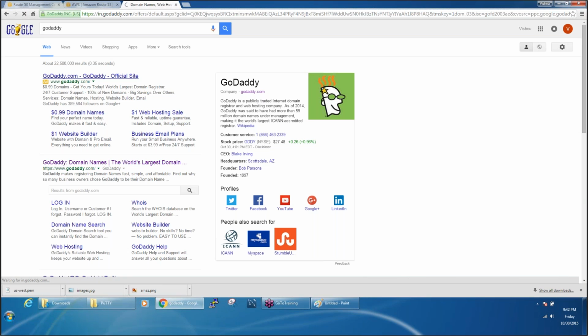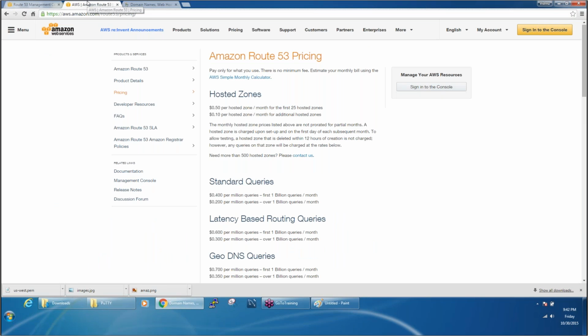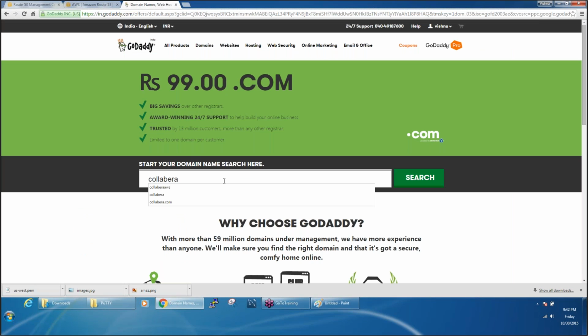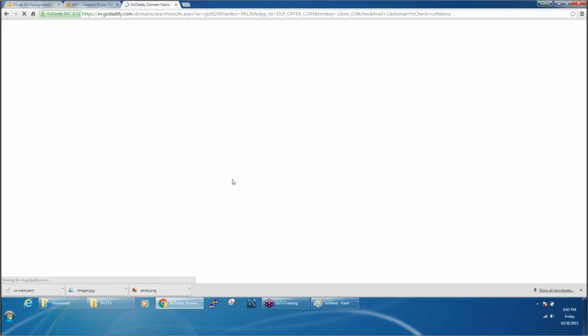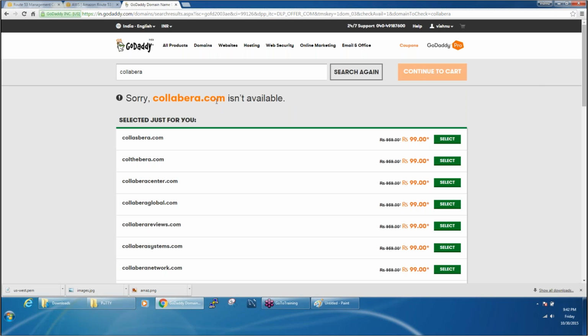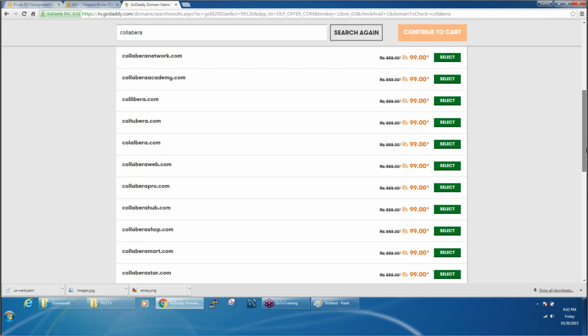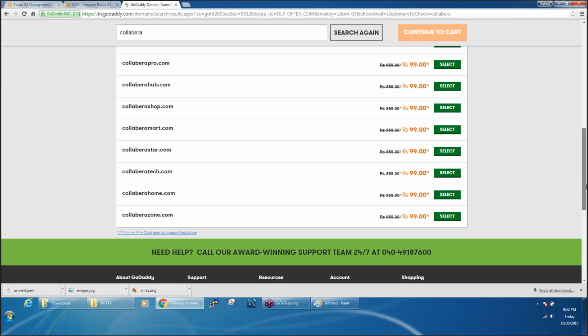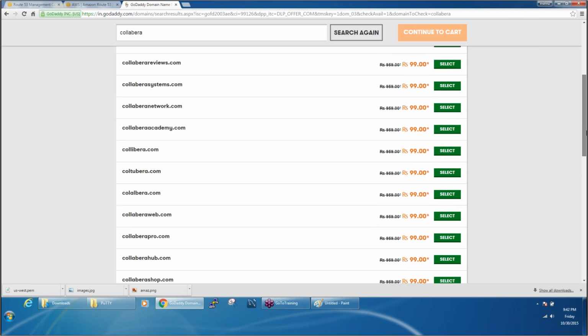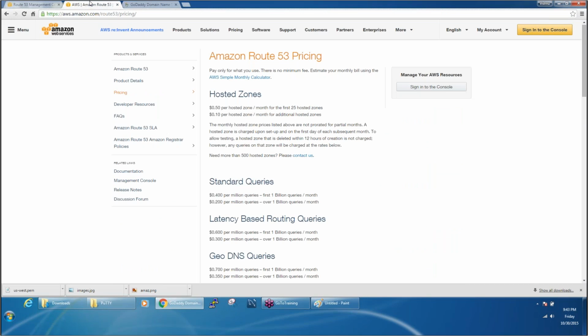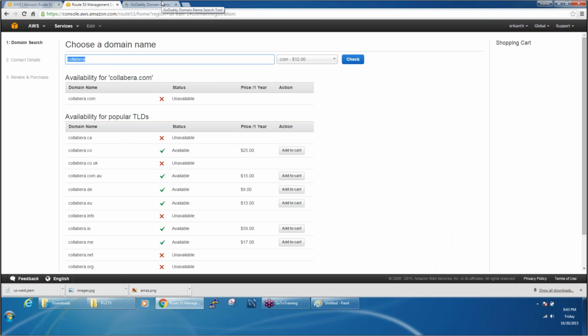We can have a look at the same domain name here. If I simply type in Collabra, Collabra.com is unavailable. That's fine. But if I scroll further down here, right? If you look at it, all the site names are about 99 rupees only, right? Instead of paying so much on Route 53 for buying domain names, I would suggest you people go ahead and buy a domain name in GoDaddy,